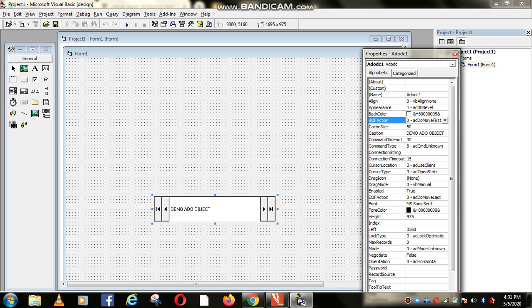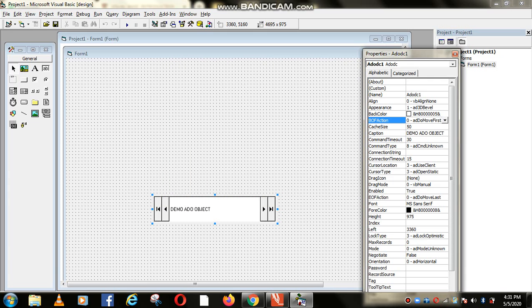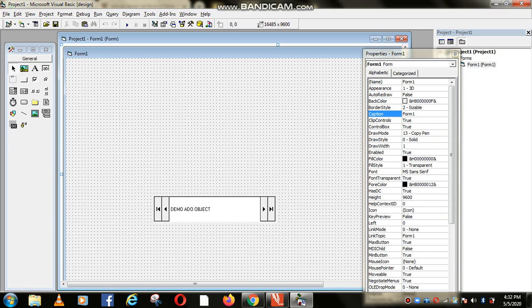If you try to move before the first record, which action should it take? Here we determine that. Two options are there: move to the first, or else stay there only. Move to the first means we are adding one record, then it will become the first record. This is the first property.